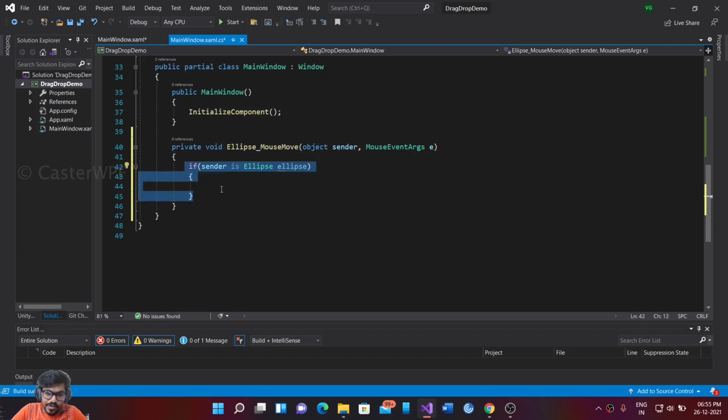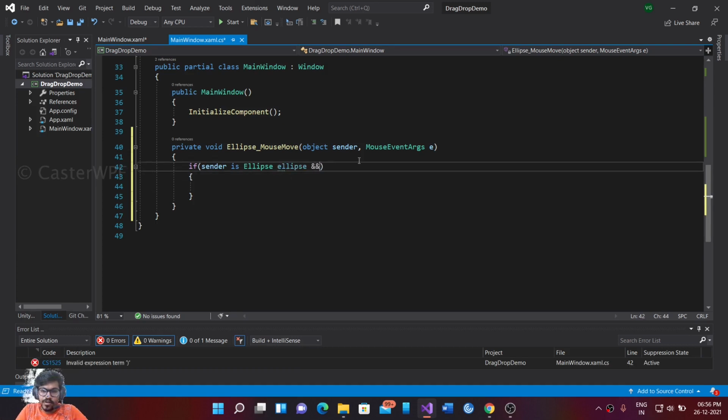In case you're wondering, this is very similar to checking if sender is of the type ellipse and then typecasting it to the ellipse and creating the member variable. Everything is simplified now. So I'm going to check my sender is ellipse. If so, this is going to create the ellipse variable out of it,